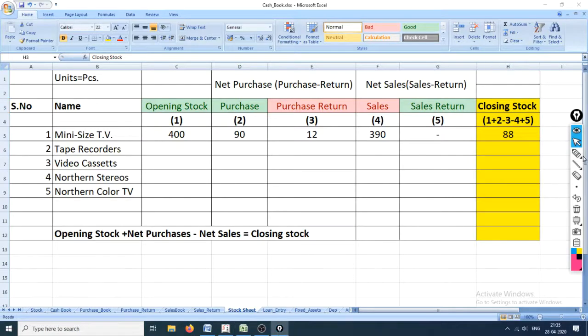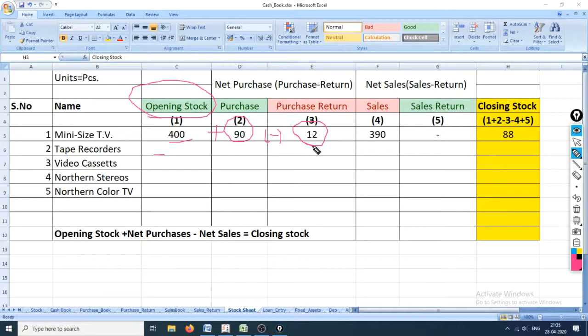You will get closing stock, which is quite obvious. I'll explain it to you if you haven't understood by now. Suppose we have opening stock of 400 and we purchased 90 mini size TV more. That means we have a stock of 490 in our balance sheet or in our godown. Then we returned 12 mini size TV which were defective.